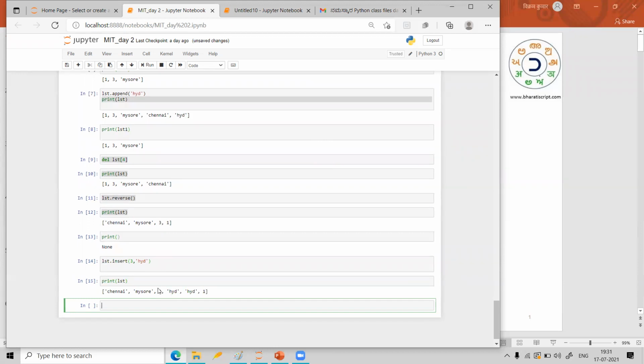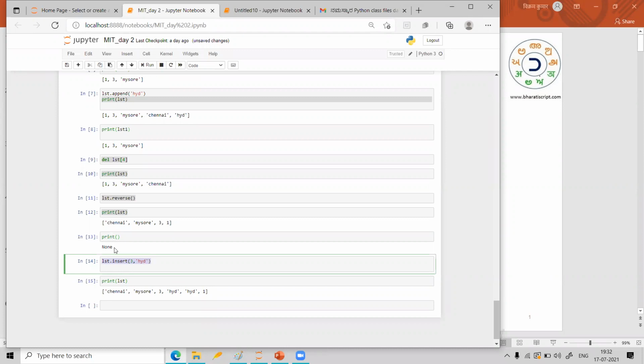Oh, now you see, two times it came. That means, actually here also it happened. It showed None, but even there it actually added HYD. Now because we ran it again, it added one more time, so a total of two HYDs came now. Though it was showing None here, actually inside, without showing us, it had added HYD. That is what we can conclude now. I hope you are able to understand, right? ठीक है, अभी तक ठीक है?